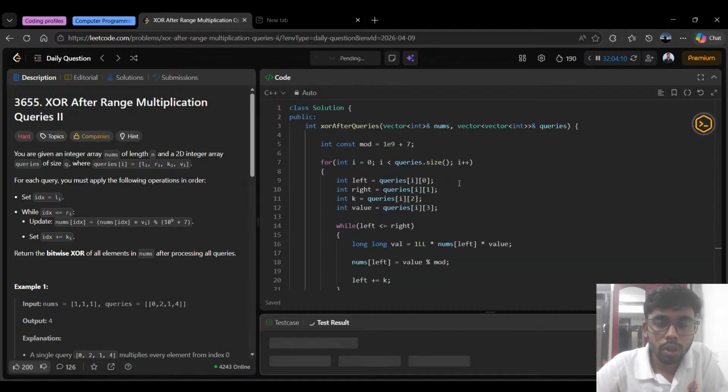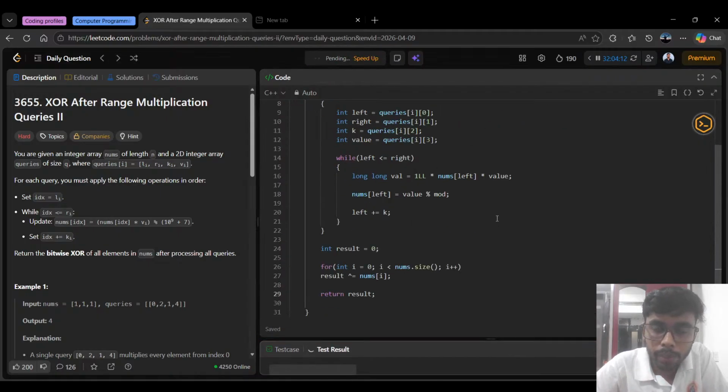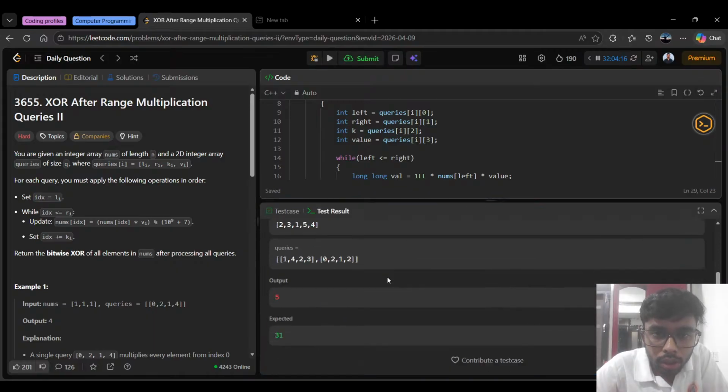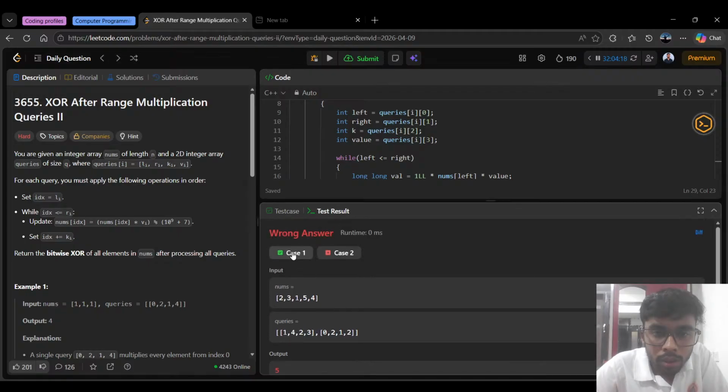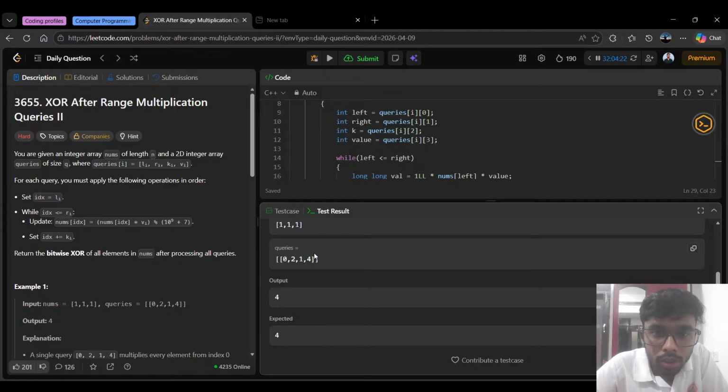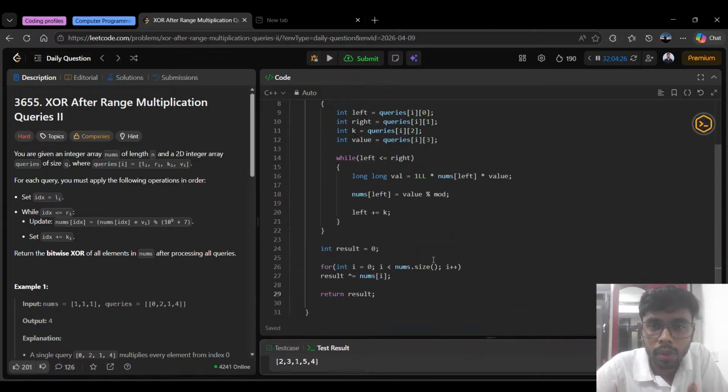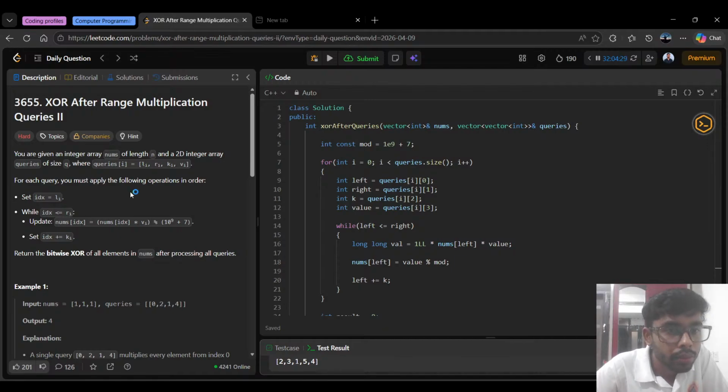So the brute force is this. I hope this is what I did. What I did was update nums of